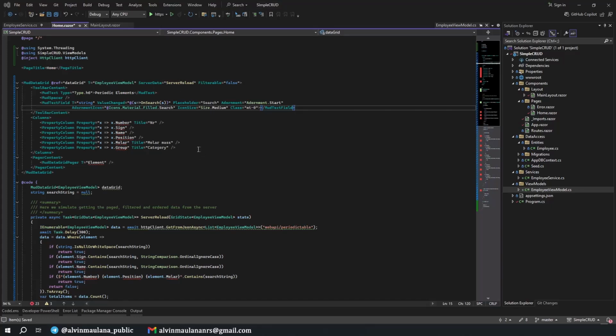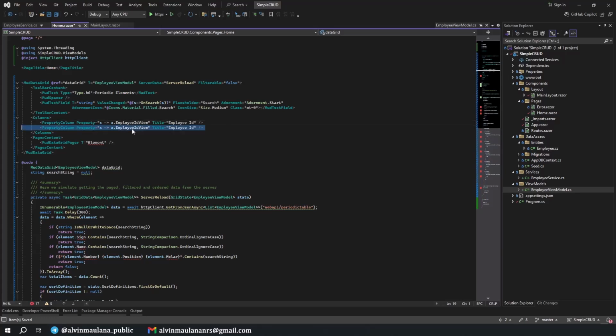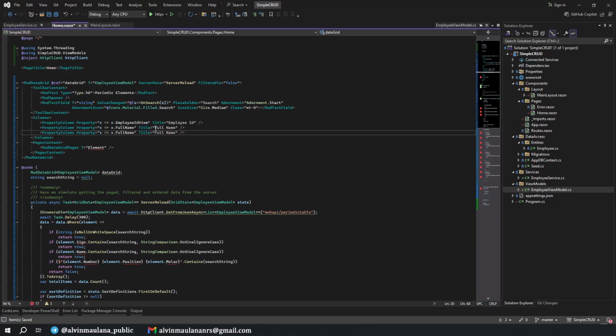And then we need to change all of these properties because it's different. Now, first we will show the employee ID view. The title is Employee ID, and I duplicate it, and I show the full name, and department.